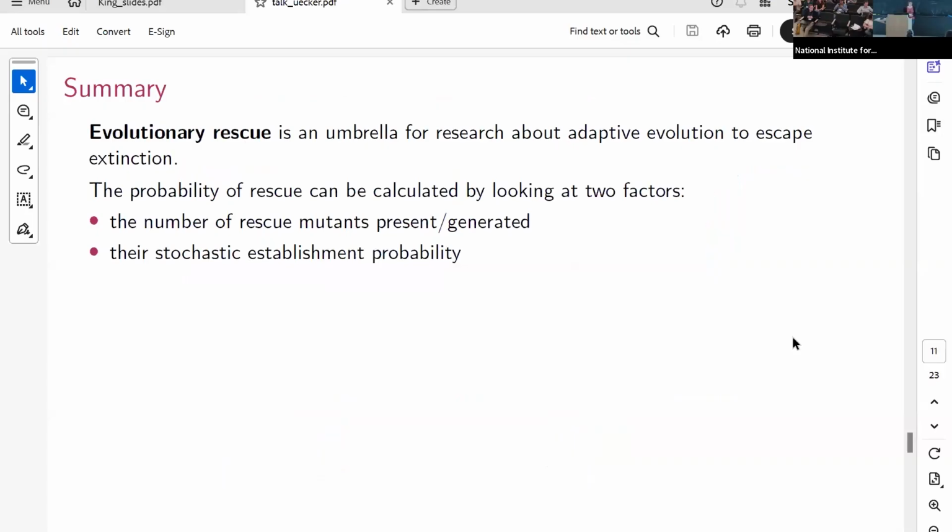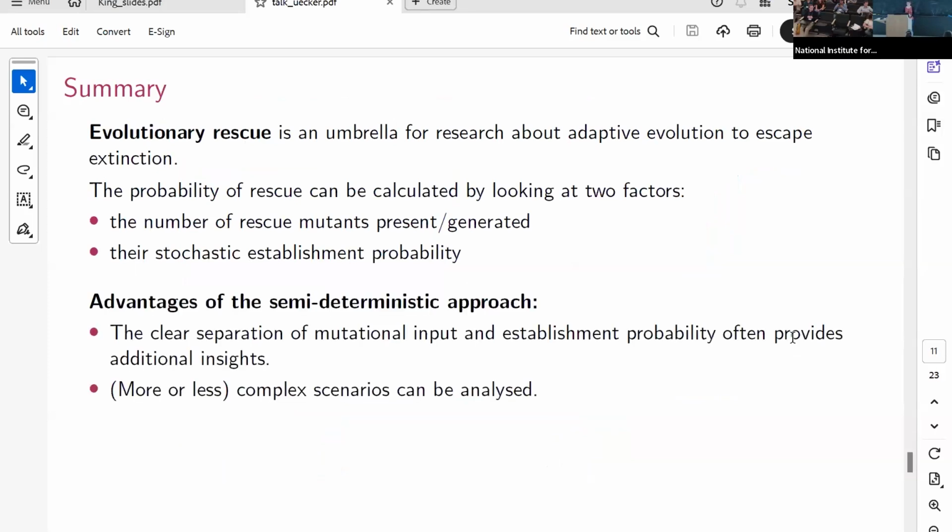Okay, so to sum up, evolutionary rescue is an umbrella for research about adaptive evolution to escape extinction. And the probability of rescue can be calculated by looking at those 2 factors. So the number of rescue mutants that are either present there already prior to environmental change, or that are generated de novo during population decline. And the second factor is the stochastic establishment probability. This sort of semi-deterministic approach, where we model the wild type deterministically and the establishment probability of this rescue mutant stochastically,